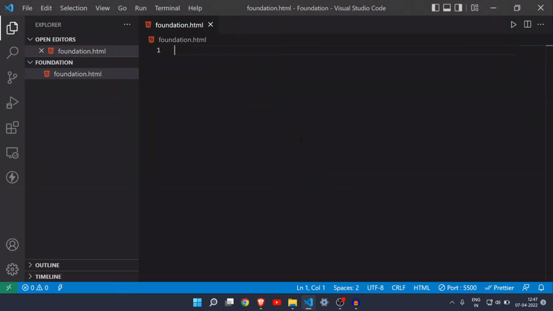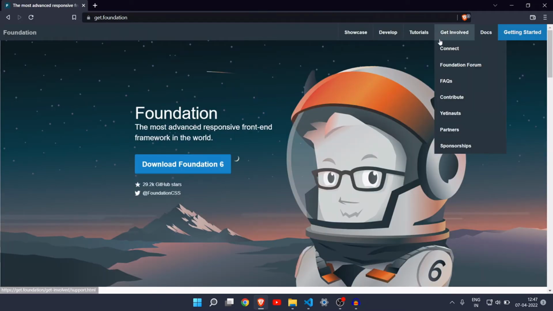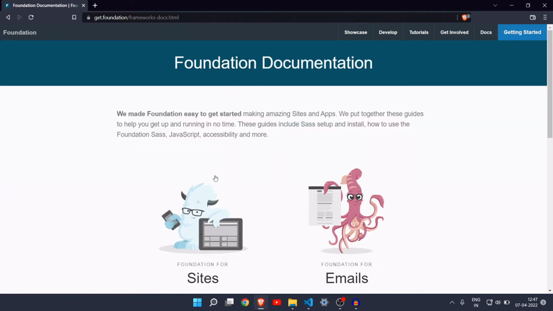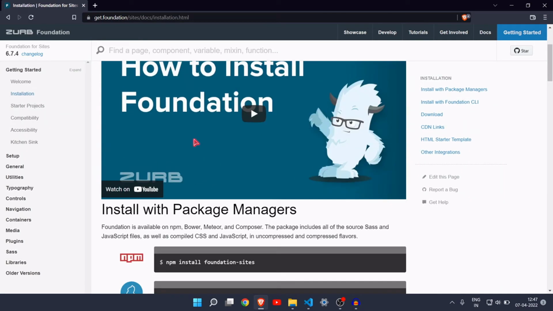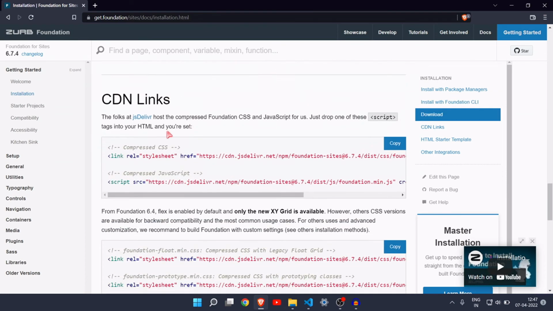Alright guys, so now let's see how to use Foundation. The same steps: let's come to the browser, search Foundation CSS, click on the first link, and now click on the docs section. Click on docs and click on sites. Now on the left click on installation, and here you can find the CDN, the HTML CDN links. Just copy this first link,